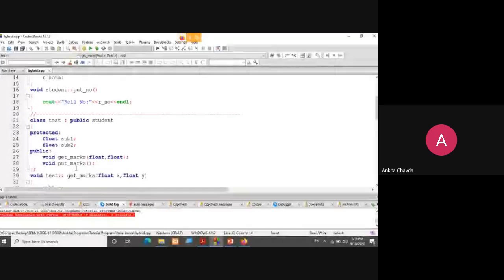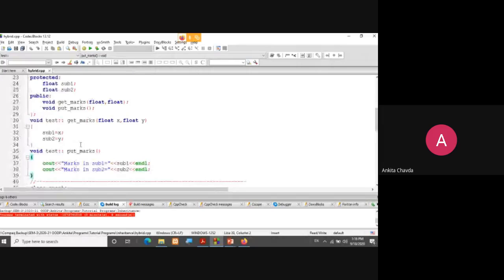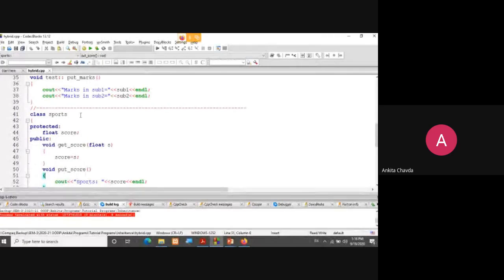Then here, this is my class test, where I'm having this class test from my class student, which is derived publicly. So here I'm having another two variables, subject 1, 2 and all, right? Again, I'll be having marks, get marks, put marks, such kind of things, where I'm just setting and getting my values, right? Then here, this is my new class, that is class sports.